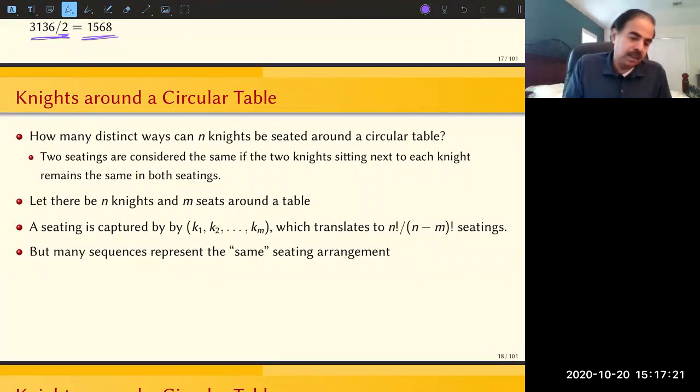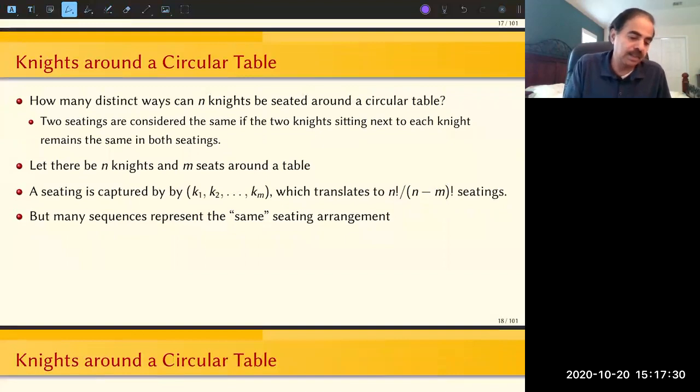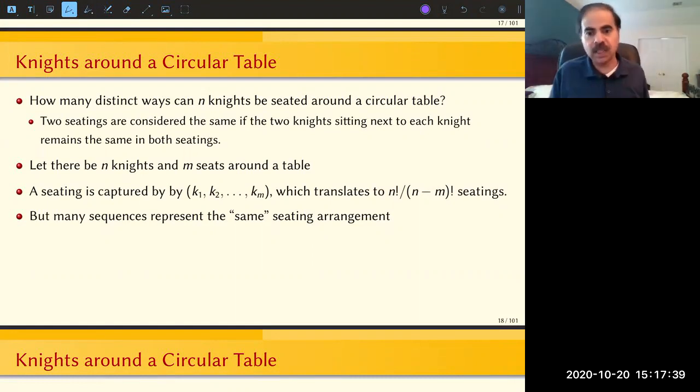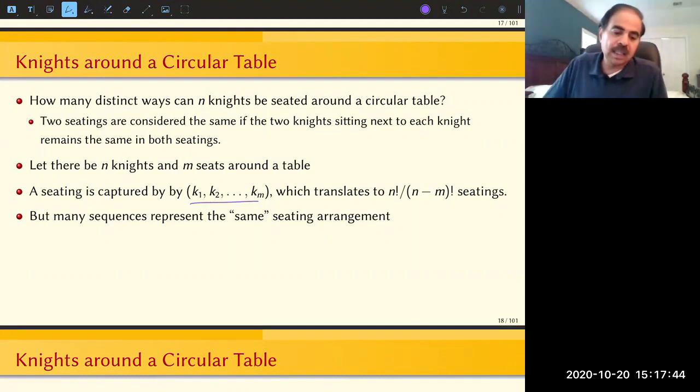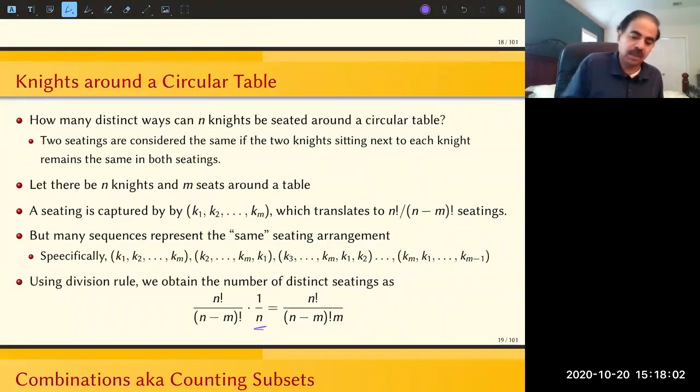Okay, so to illustrate the division rule, we looked at knights around a circular table, and the point there is that if they are sitting in a circular table, if everybody shifts around by 1 position, then you can't tell the difference, right? So if there are m positions, there are going to be m such shifts, all of which are going to yield the same arrangement if you simply look at the neighbors of everybody, right? So as such, in this case, we need to divide by